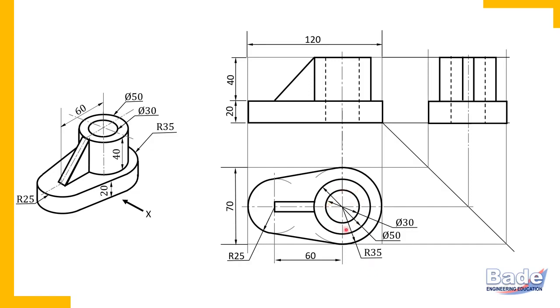But when it is complete circle, you must insert its diameter. So this inner circle has diameter 30 millimeters. This outer circle, that is boundary of cylinder, has diameter 50 millimeters. So remember what I told you. Portion of a circle always to be dimensioned with radius, and a full circle you must always dimension with diameter. So insert all given dimensions,